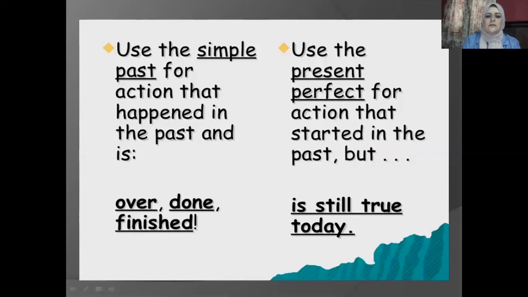The past simple is mainly used for actions that happened and finished in the past with no effect on the present time. No effect on the present time. It's over, it's done, it's finished, okay? So it's not happening anymore, or no effect of this action is still occurring in the present time. But the present perfect is the action that started in the past but is still happening till now or has an effect on the present time. Let's see